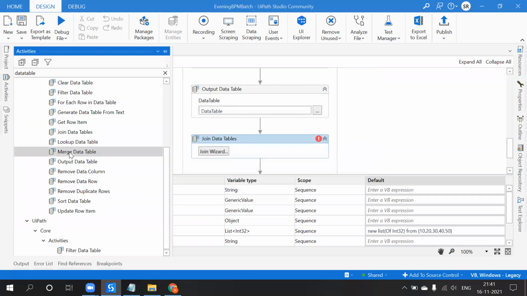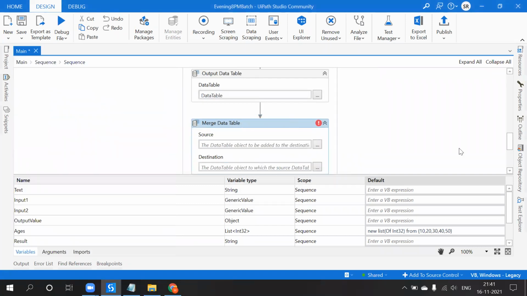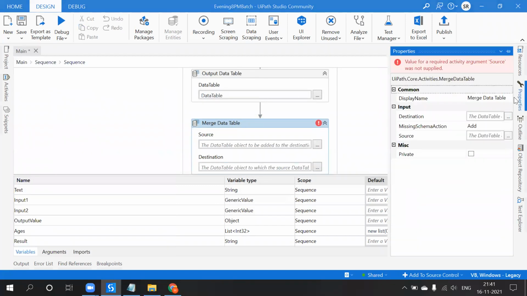And merge. What is merging? Merging is nothing but merging the two tables. Maybe we will speak about this tomorrow.